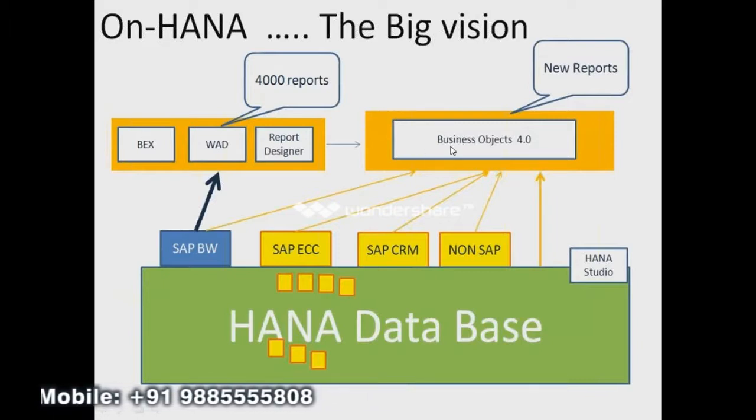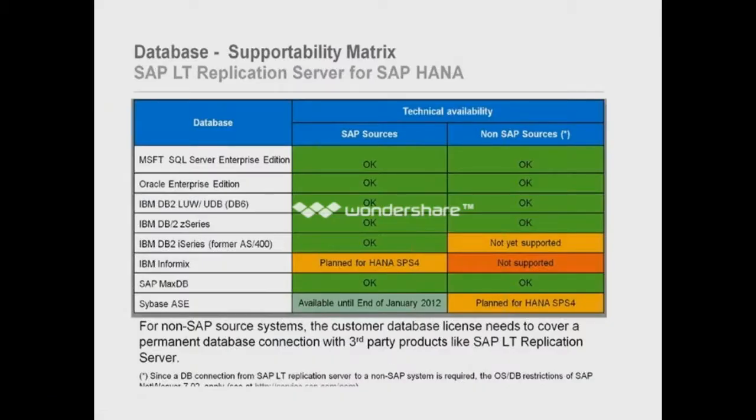And these are the three types of products HANA is selling until now. This is the platform version, enterprise version, and extended version. These products come with these features: HANA database, HANA Studio, HANA client, HANA host agent, and HANA information composer in the platform version. The enterprise version has the LT replication add-on, LT replication server. Those who want real-time reporting can go for this enterprise version, landscape transformation.